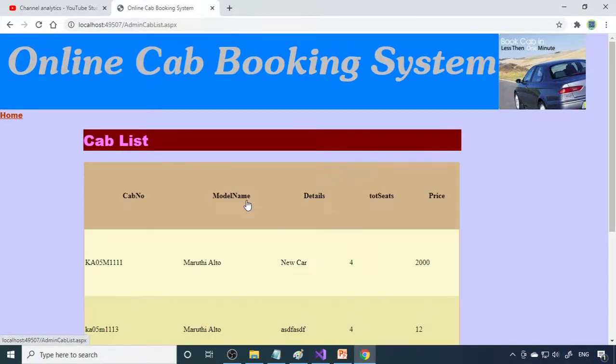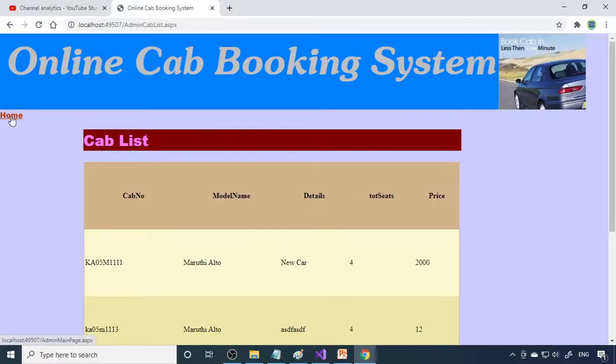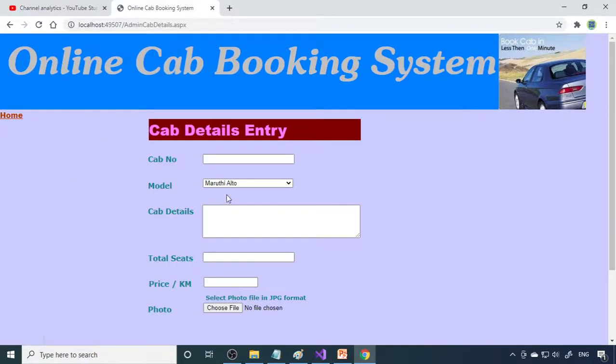There is a cab detail. So this is the individual car details. Right. So now what you can do is we go back and then we can enter one more. First you need to enter the number. What is the vehicle number? 222. This is Maruti Swift. Cab detail. It is a new car